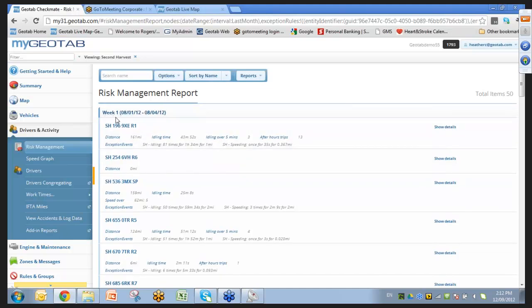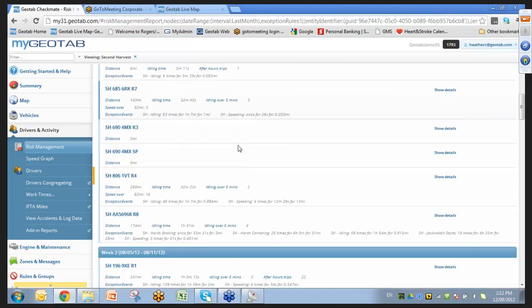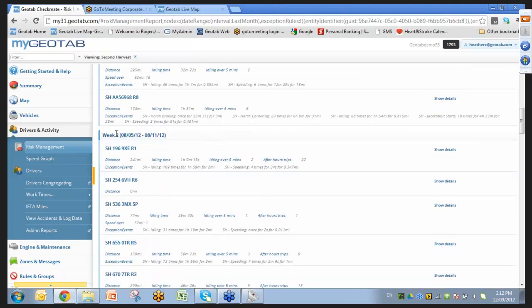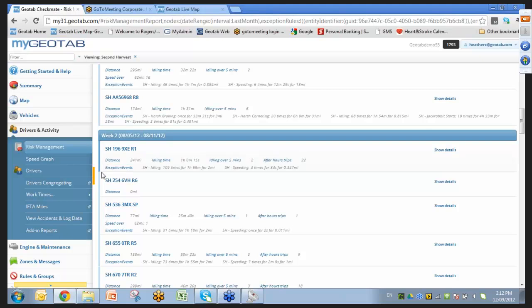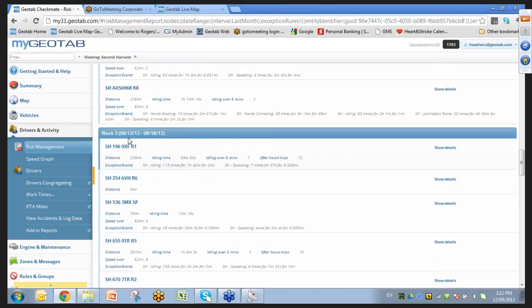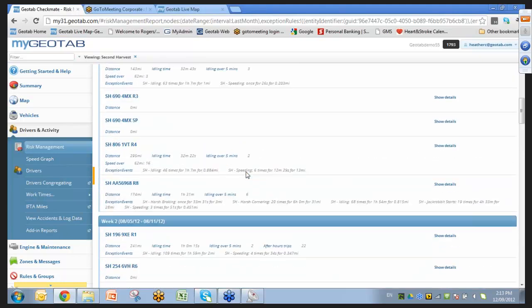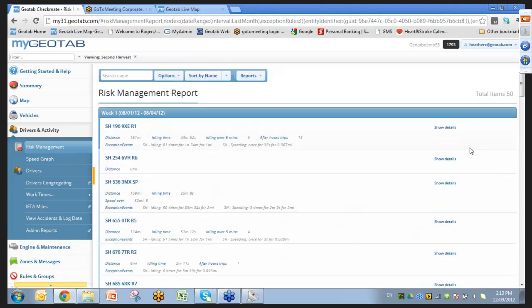Week 1, so this is the first week of August. Remember, I chose it from last month, so the last full month was August. So week 1, and now we have week 2's data. Every vehicle is listed here for week 2. Okay, and then we scroll down, of course, you've got week 3 for the month of August. So this data is week over week here, and it's showing you what they're doing for those particular weeks of the month of August. Now, when I click on Show